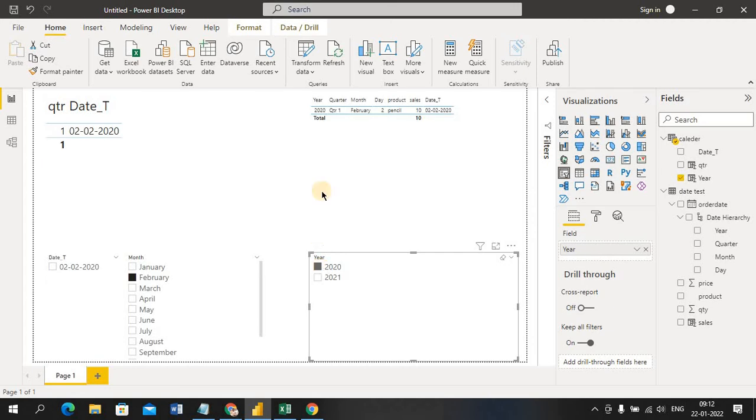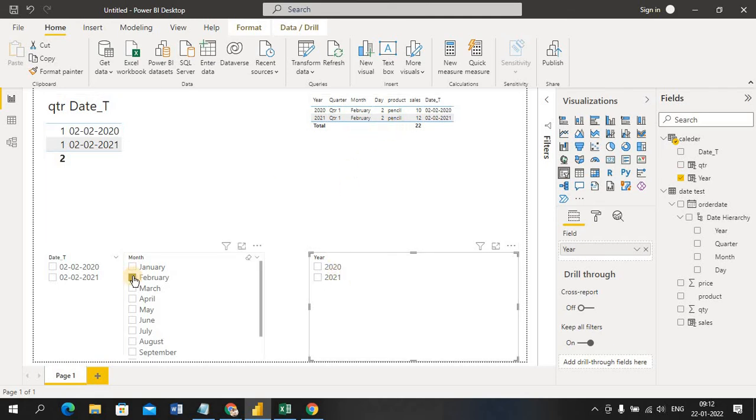So you can see here the 2020 Feb sales now. If I remove the 2020 filter, you can see 2020 and 2021. I'm just telling the report I want only Feb month sales. I'm not indicating a specific year, so both years' data is showing here.